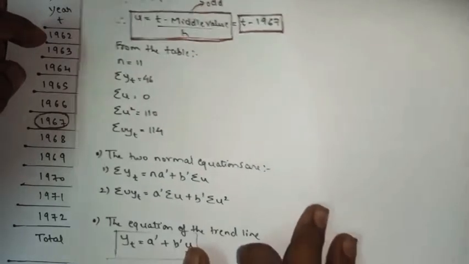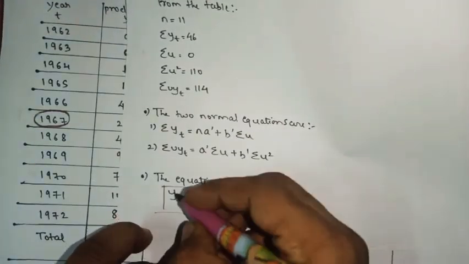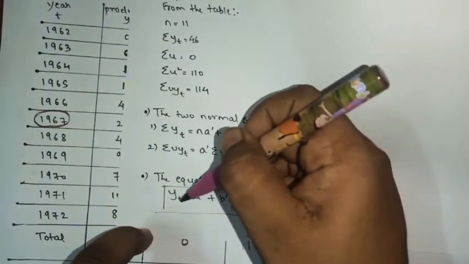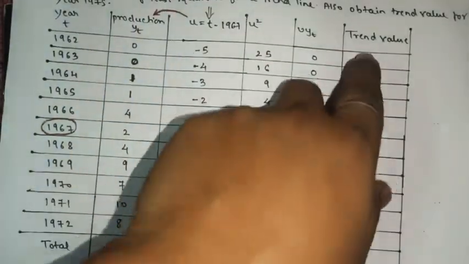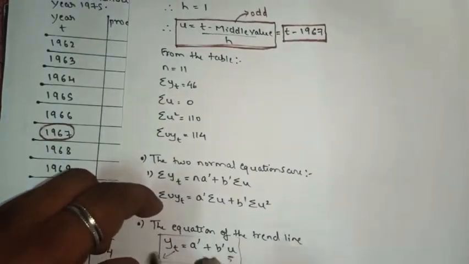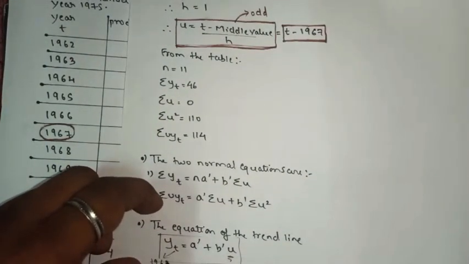What do you mean by this formula? Listen here, yt. If you want to find the trend value for the first row, the year is what? For the year 1962, if you want to find the trend value for 1962,